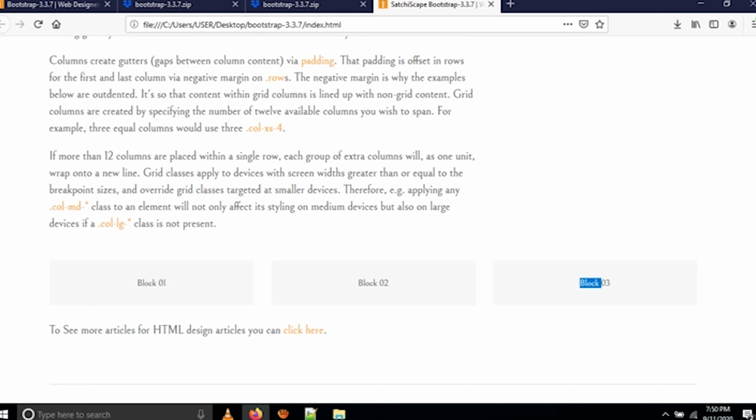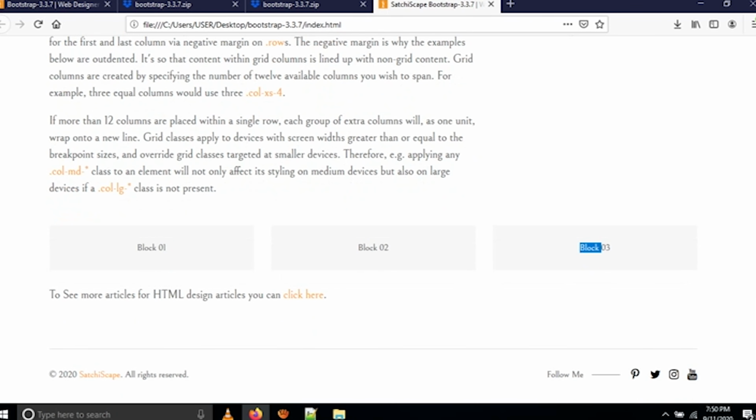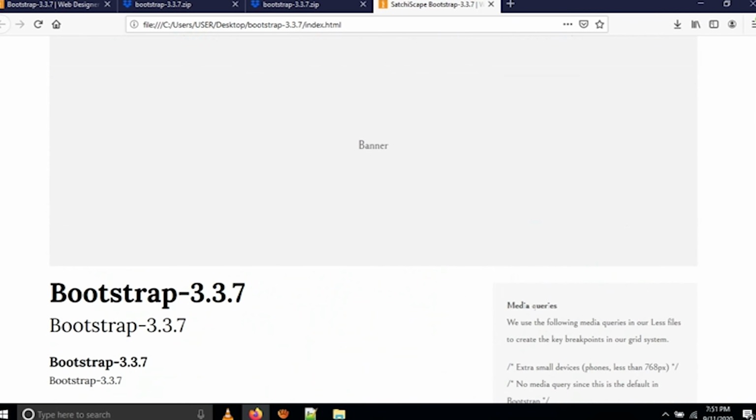If you give 4 blocks, it's 3 into 4 is 12 grids. Every design in Photoshop itself consists of 12 grids, or is divided by them. In the footer, this one and this one are each divided into 6 grids. 6 is 2 designs. Like that we are making the design.